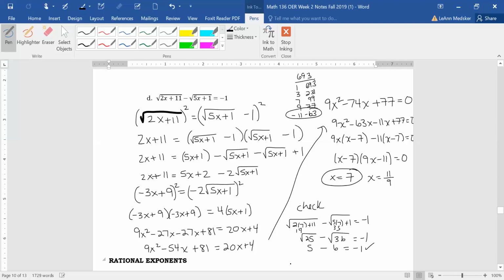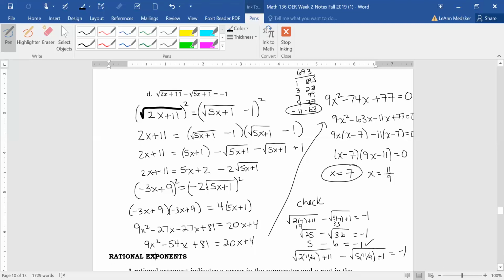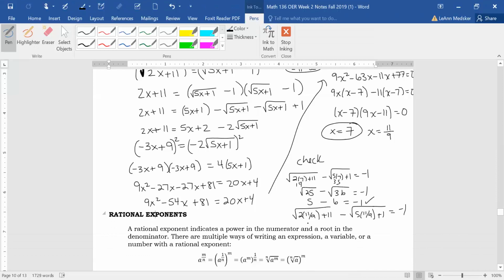So let's check the 11/9. And that one's a little harder to check because it is a fraction. We'll have to get some common denominators. And you're welcome to use your calculator to check if you're doing that at home. So that is 22 over 9. Make a common denominator, that'd be 99 over 9. So 22 plus 99 is 121 over 9